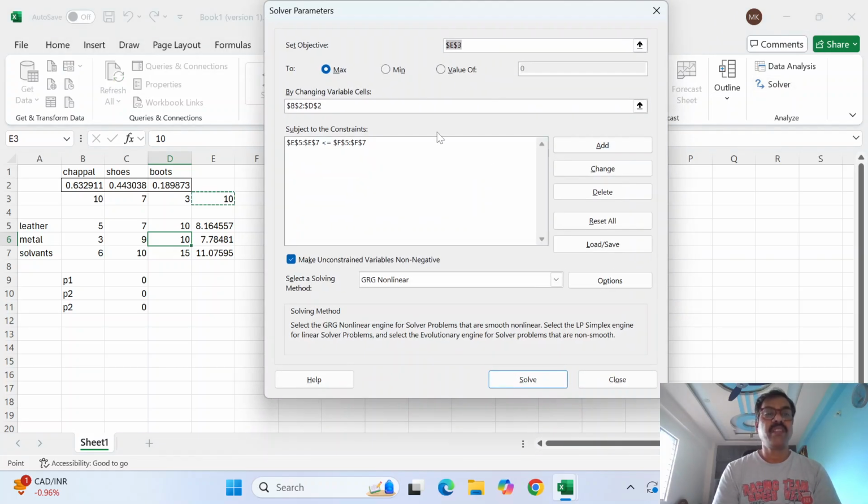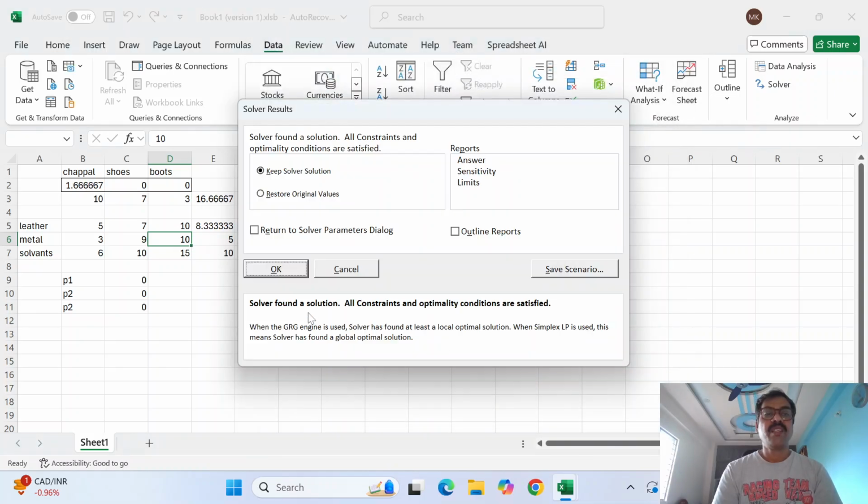Now everything is okay. It is the same sort of solve. So again it has produced a result this time. It is not at all acceptable. So only with chappal can I achieve some 16 lakhs of profit. No, I want to go for the shoes and boots. Okay,